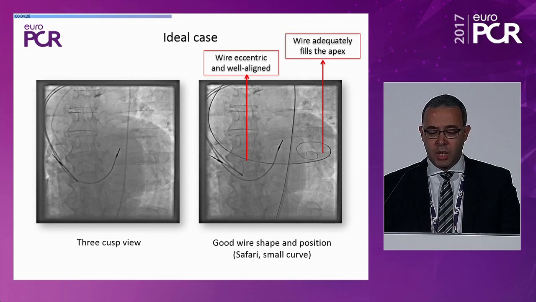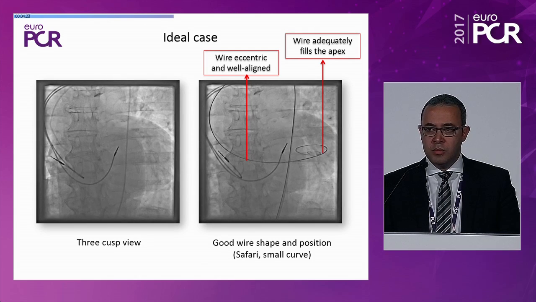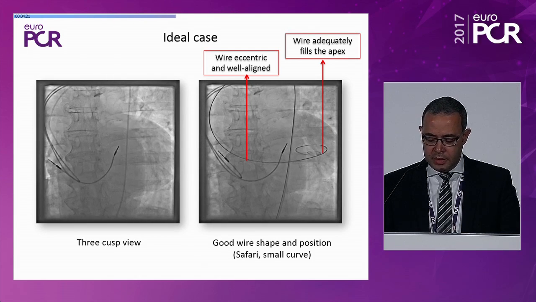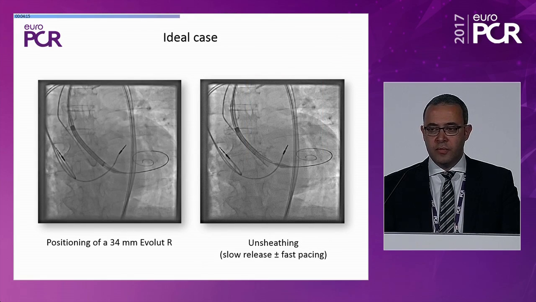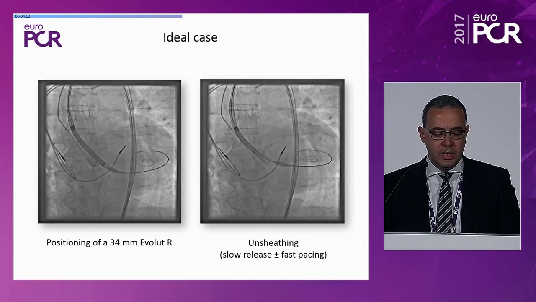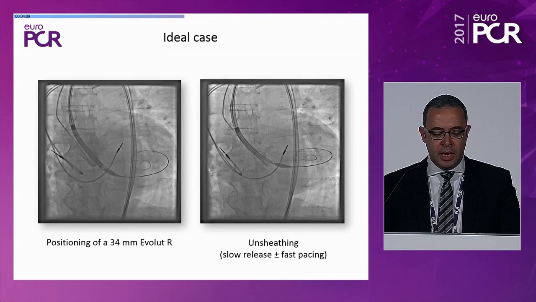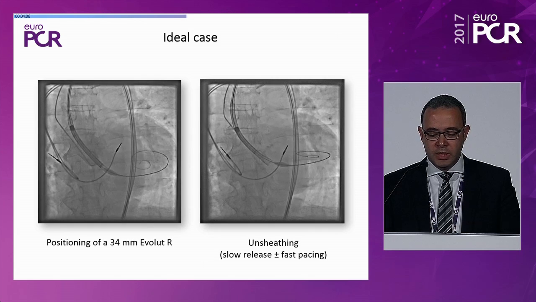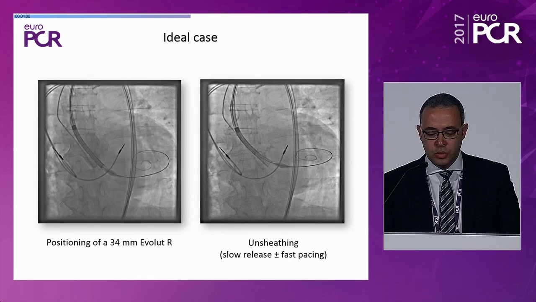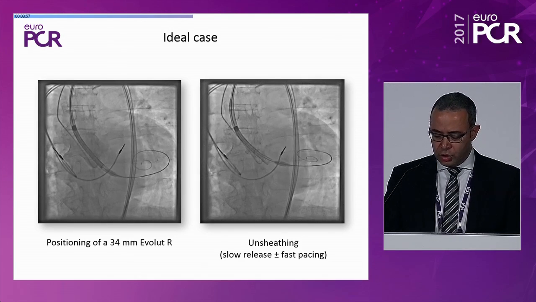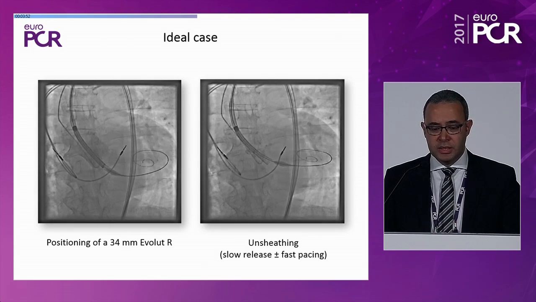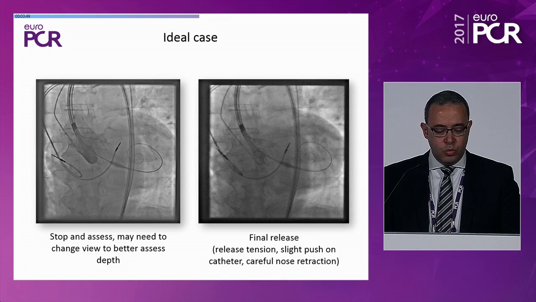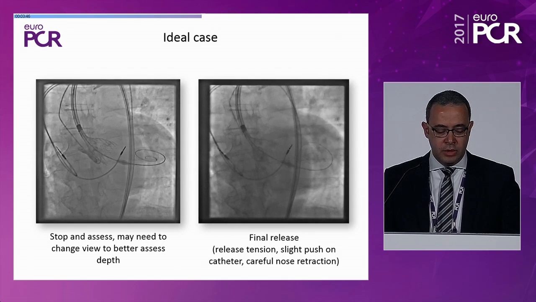So eccentricity here is, in my opinion, very important. This is what we call wire bias in PCI, but it helps you really to align the valve with the horizontality of the anatomy. And you can see here, if you pay attention to the wire from the beginning, choose the right wire and place it correctly, you will not have big problems in aligning the device in this horizontal anatomy. The rest of the procedure would be rather straightforward, so slow release as you're used to, plus or minus fast pacing if you're not sure that you're maintaining a good or stable position during implantation, but this is not a must. And when you reach the point of no return, as mentioned by Darren a few minutes ago,